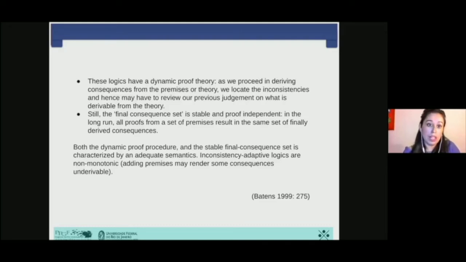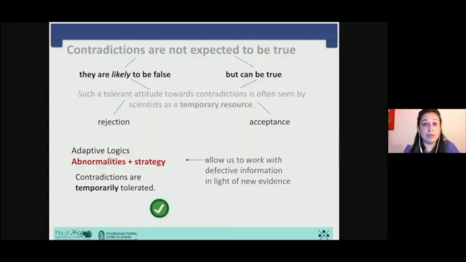So this is good. But the dynamic proof procedure and the stable final consequence set is characterized by inadequate semantics. Inconsistency adaptive logics are non-monotonic, and new premises might render some consequences underivable. And in that sense, they are very close to this phenomenon that we were describing before. So, that said, adaptive logics,